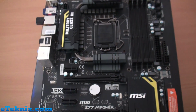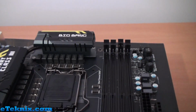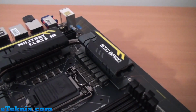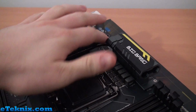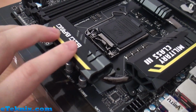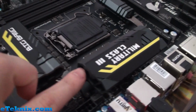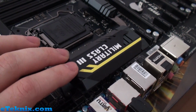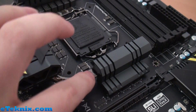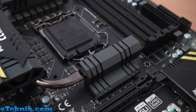So let's talk about the cooling to start things off. We've got a passive design, as we'd expect on any motherboard in this day and age. Big Bang branded, and this comes around into a heat pipe if I turn this around. So we've got the Big Bang branded passive heatsink over here, which comes down into the heat pipe and goes into this one branded under military class 3. And then that comes down into another heat pipe which actually turns into a flat heat pipe here, and that goes into here,